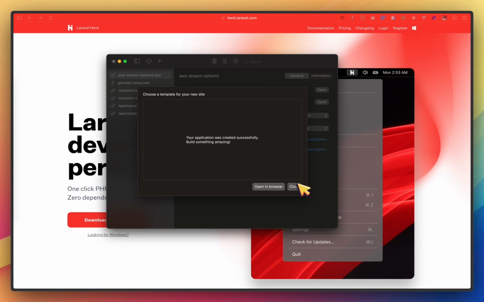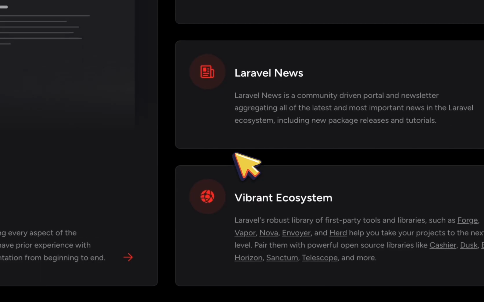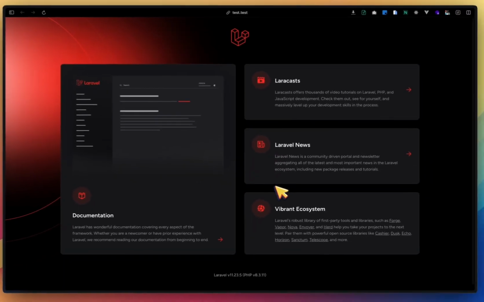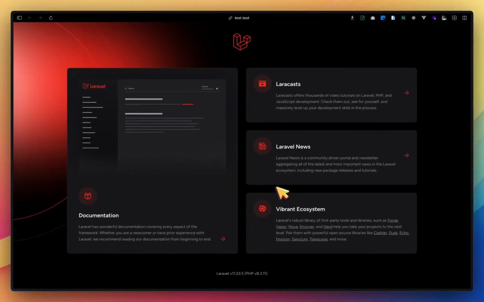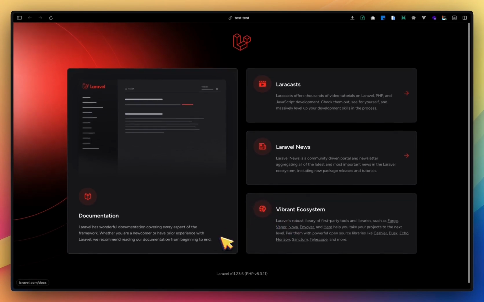Okay, in a new browser, I see there are many problems in the new version 8.4, so I recommend using PHP version 8.3 or Laravel version 11.